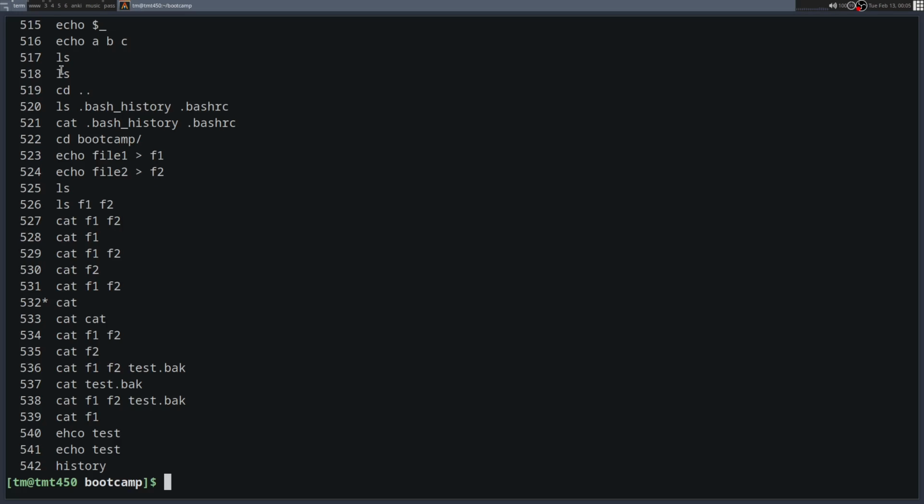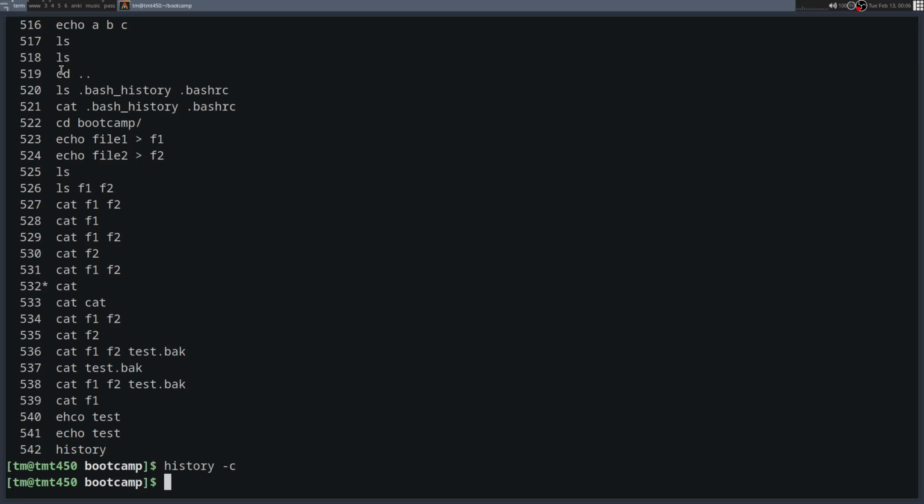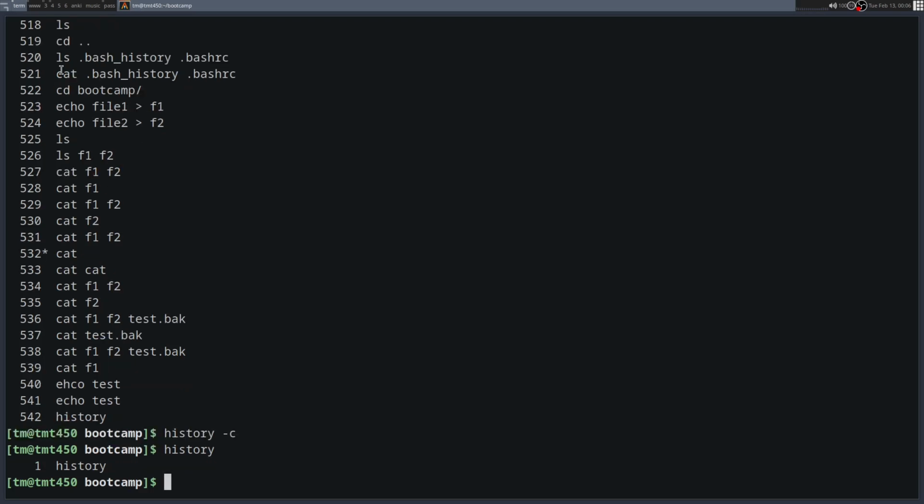Now, at this point, we've put a lot of things in our bash history. How do we get rid of it all? So as I said, the bash history is stored in two places. It's stored in the memory, and it's stored in the bash history file. So what we have to do to clear the bash history is run history -c, and as we can see, it's now empty. We've started a new one, and then